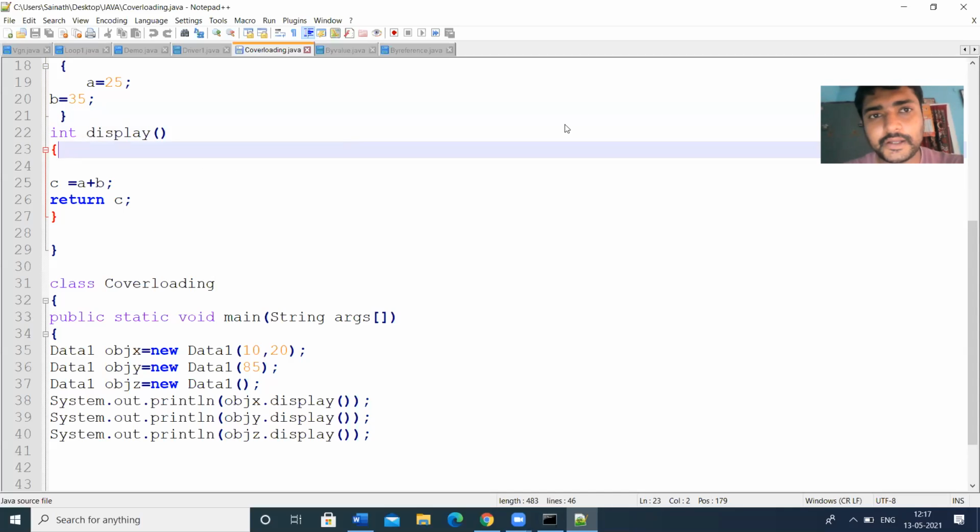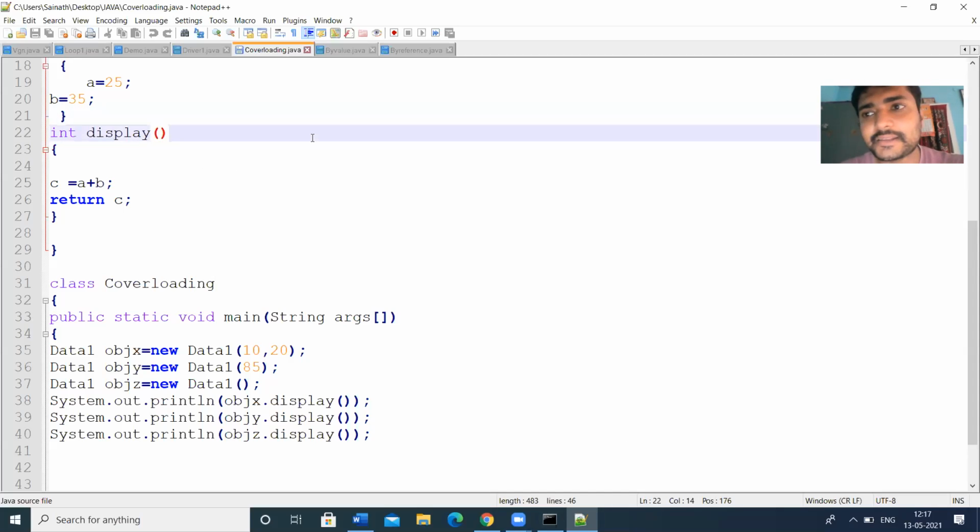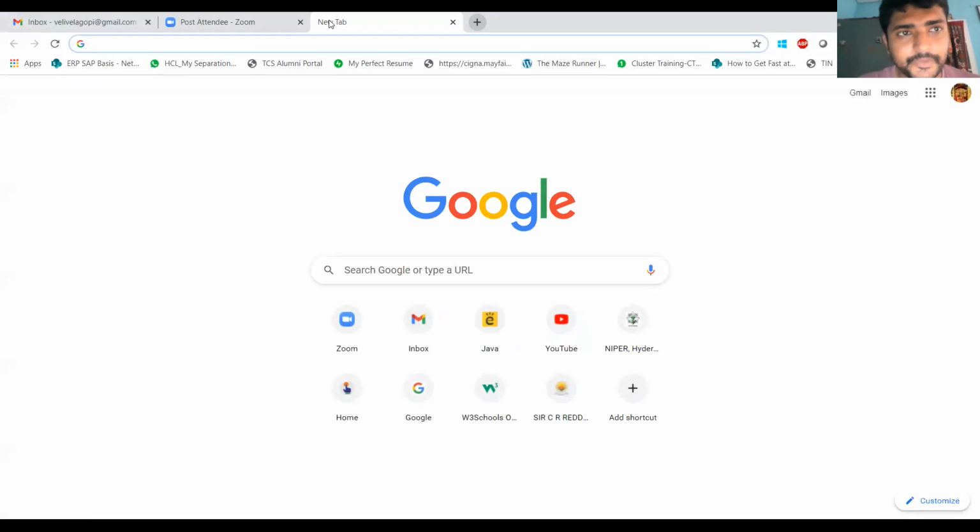So method overloading means the method has the same name, but the parameter list is different. Let us have one example. We can do it in the virtual lab, method overloading.